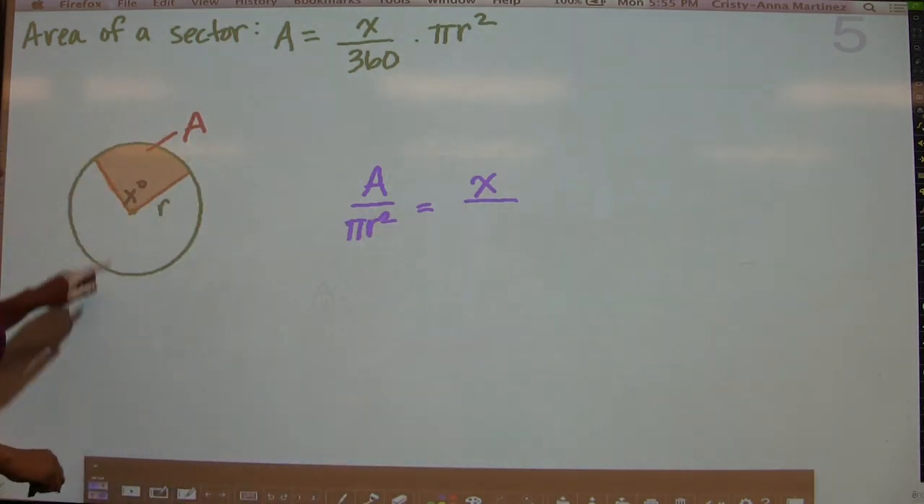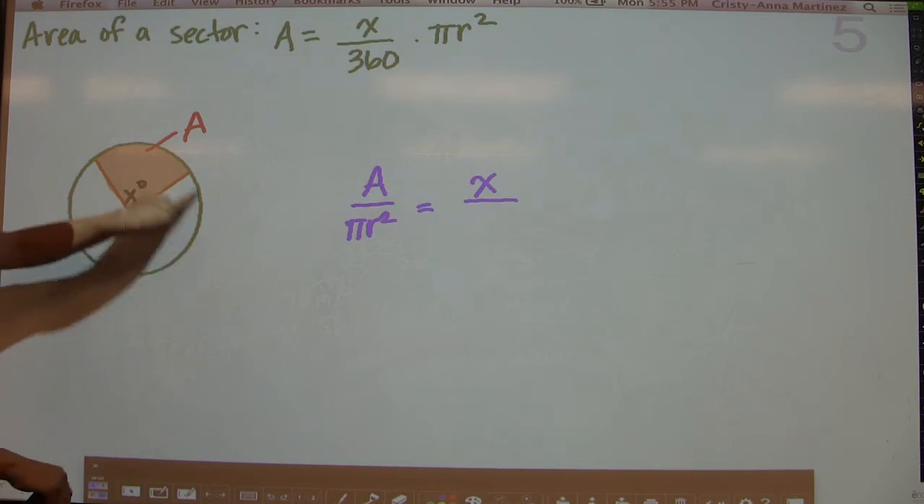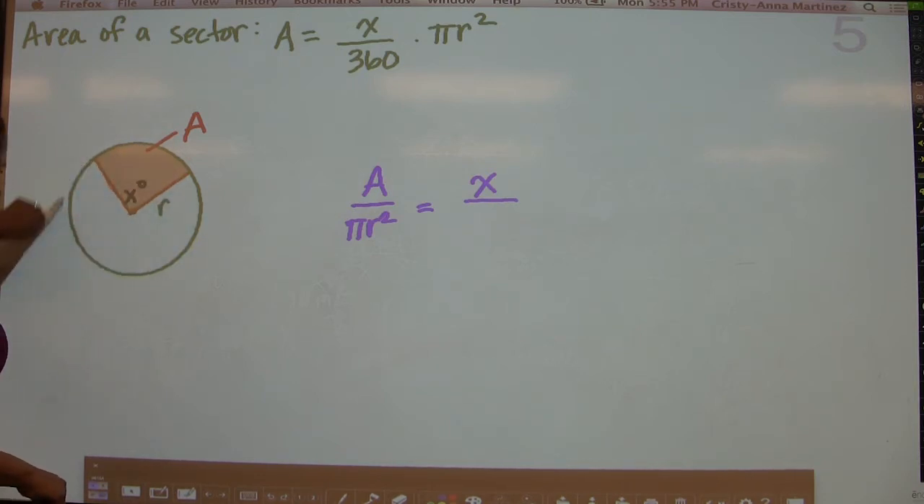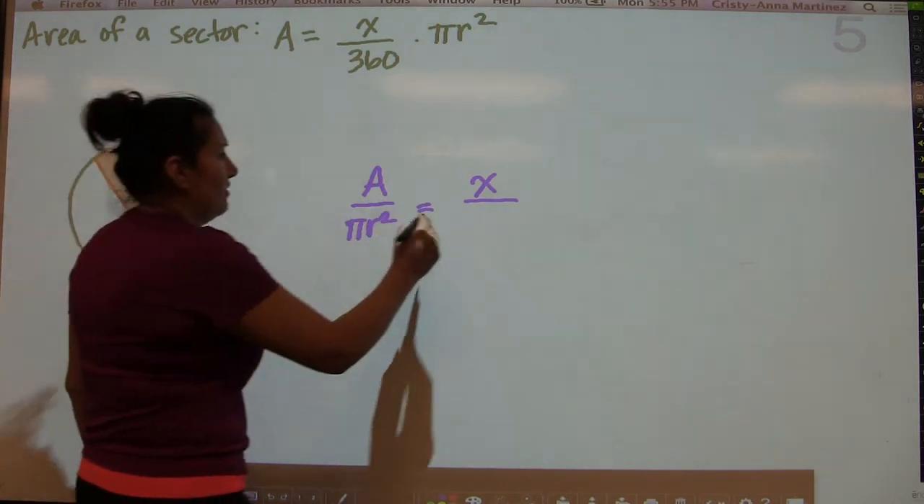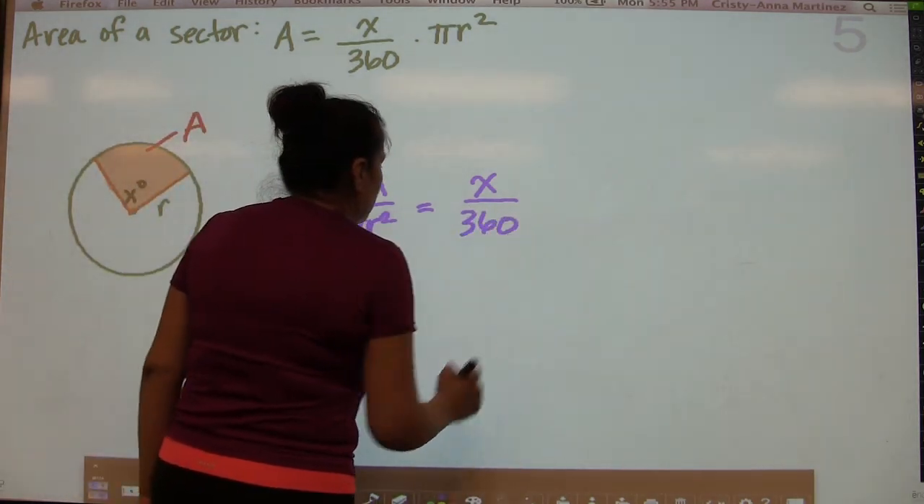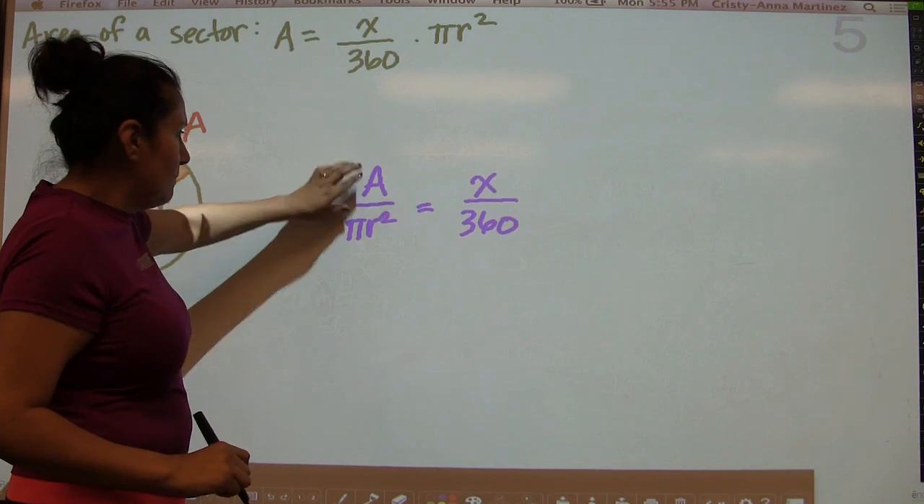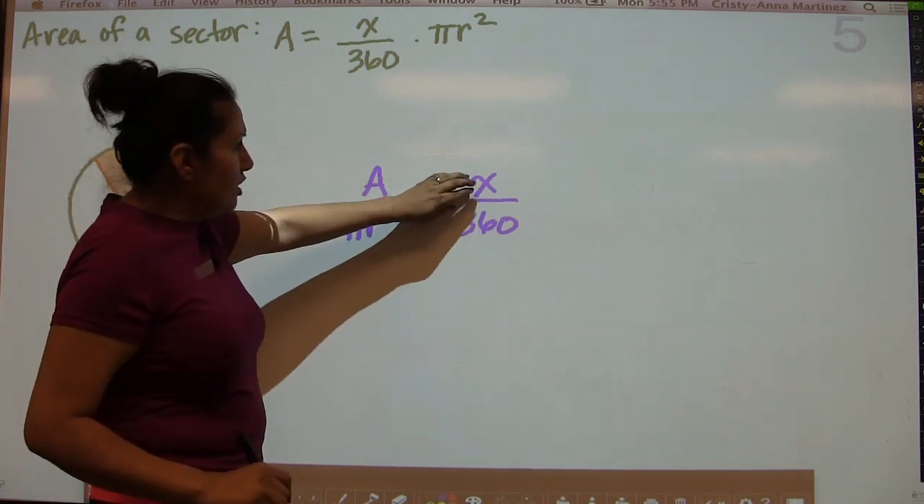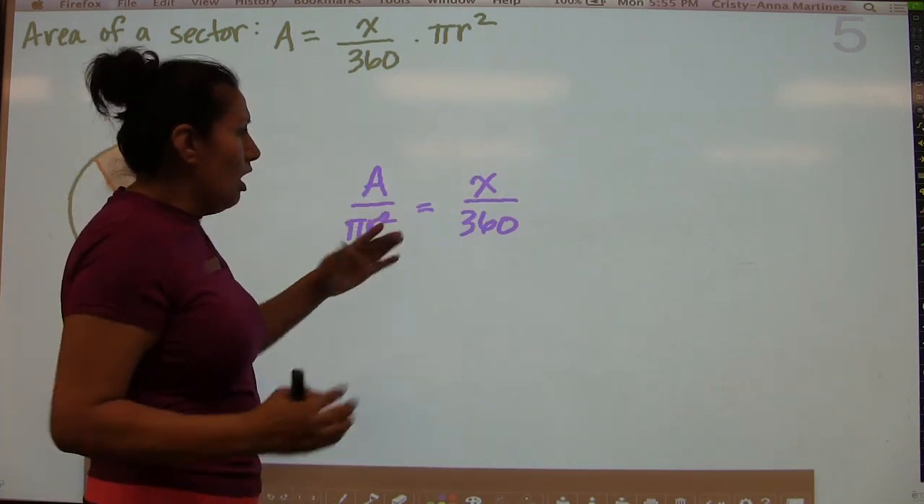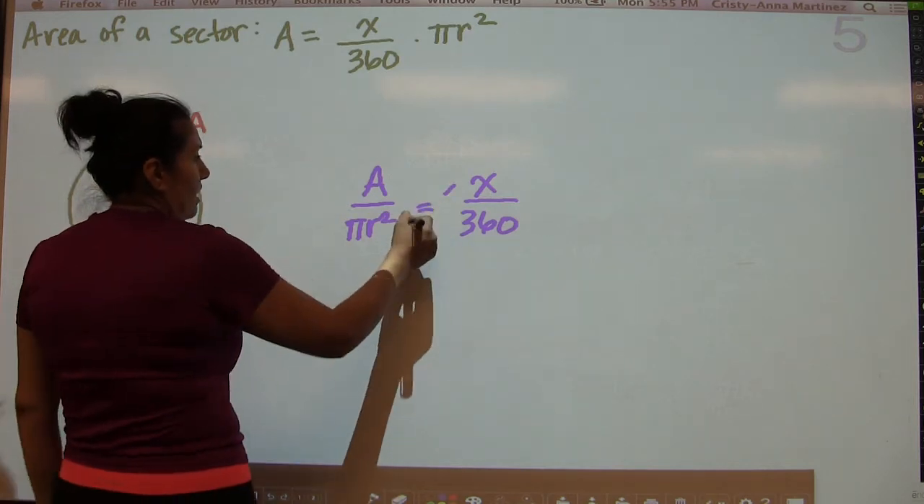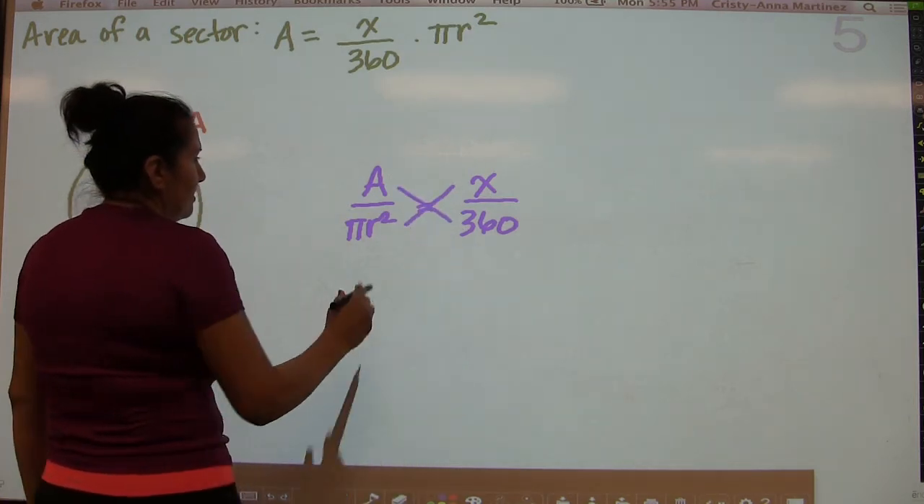And then the actual degree of the entire circle, if you had the degree of the arc for the entire circle, it would be 360 because there's 360 degrees in a circle. So you end up with this. We know that the area of the sector compared to the whole and the degree of the sector compared to the whole are equal. And so if you just do a cross multiplication, you will get that